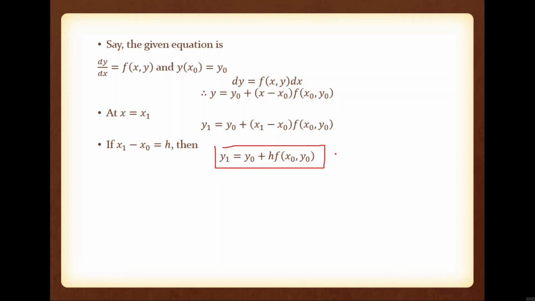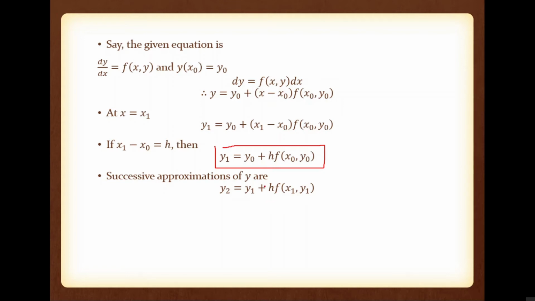Okay, so I told you, by using Euler's method we are finding the values of the function y of x. So here we have one value y1 corresponding to x1. Then by using this x1 comma y1, we can find y2 corresponding to x2, that is equal to y1 plus h into f of x1 comma y1, where h is x1 minus x0, that is also equal to x2 minus x1.